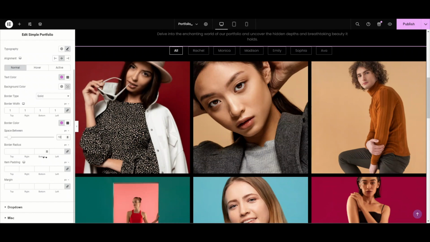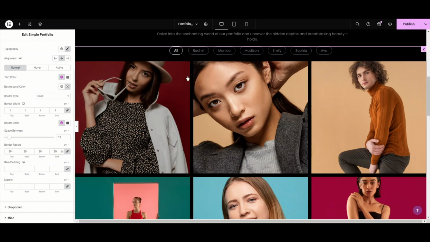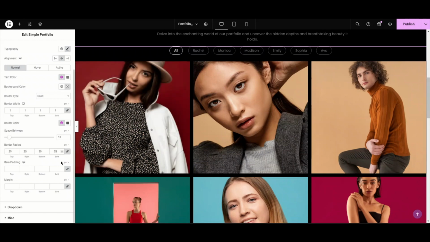To adjust the radius, simply type in the values in the counter and use the 4 counters to adjust each individual corner. Let me show you. Let's say 20 and look. Now let's set this to 25. Yeah, that's okay.